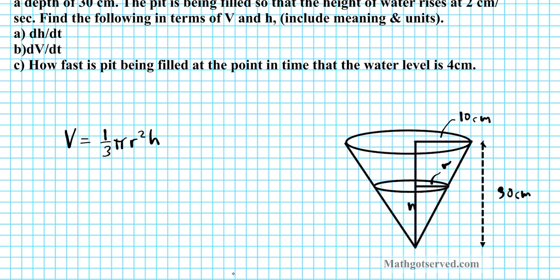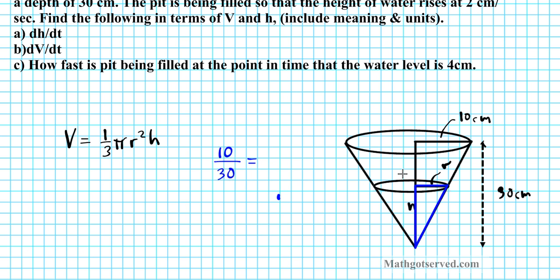In order to do this, we have to use our knowledge of similar triangles from geometry. So we have these two similar triangles here. So looking at the entire pit, the base radius is 10. So 10, the base radius, over the height of 30. So that's the big triangle. We have a big triangle there. And then a little small triangle, let me put that in blue. So the little triangle is in blue, as you can see right there. For the little triangle,